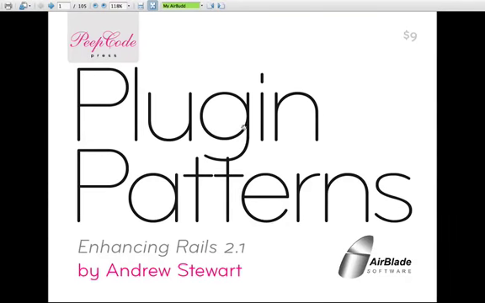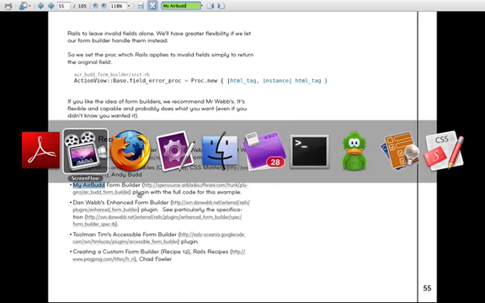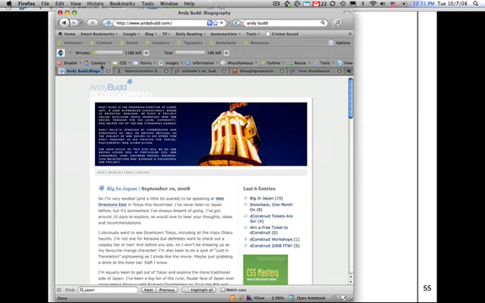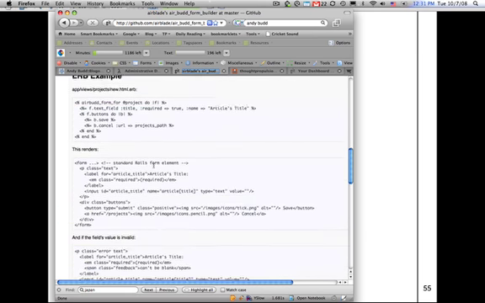I was reading plugin patterns and I ran across Andy Budd's AirBud Form Builder, and I had it on my list of things to go investigate, and it was kind of between this one and Dan Webb's Enhanced Form Builder. But when I went to look at Andy's AirBud Form Builder over here on GitHub, I noticed he had a to-do item